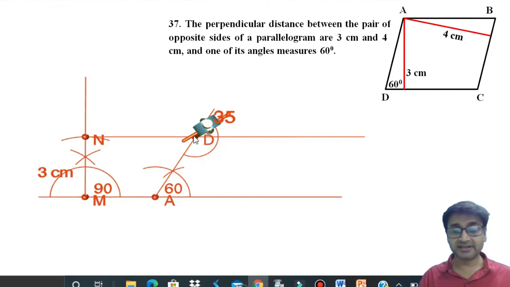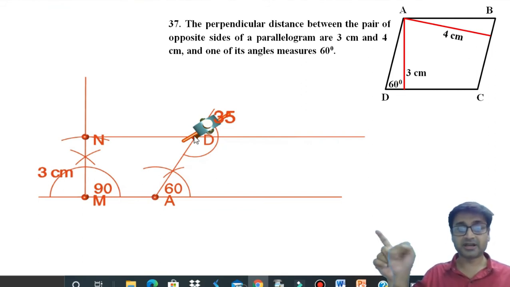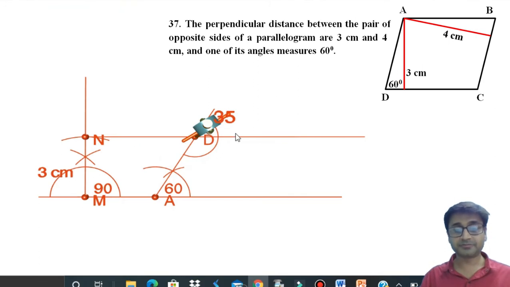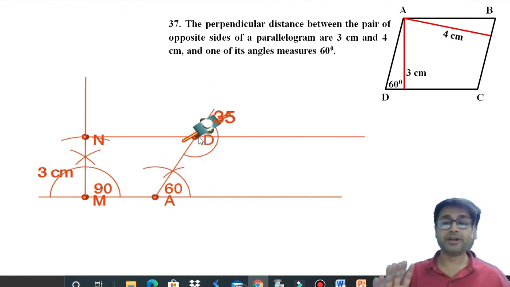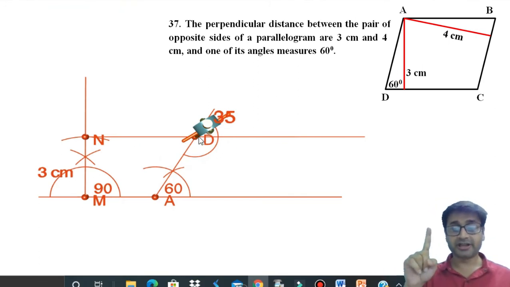So now, can you understand this? A is 60 degrees given to you right over there, correct? And the height, second thing, is 3. So we took the height over here as 3, we got A also as 60. Wherever these two meet, automatically becomes my point D. So at least I managed to get point A, I managed to get point D. 2 points are known to me. If you reach here, I'm 100% sure you will get at least 2 marks.